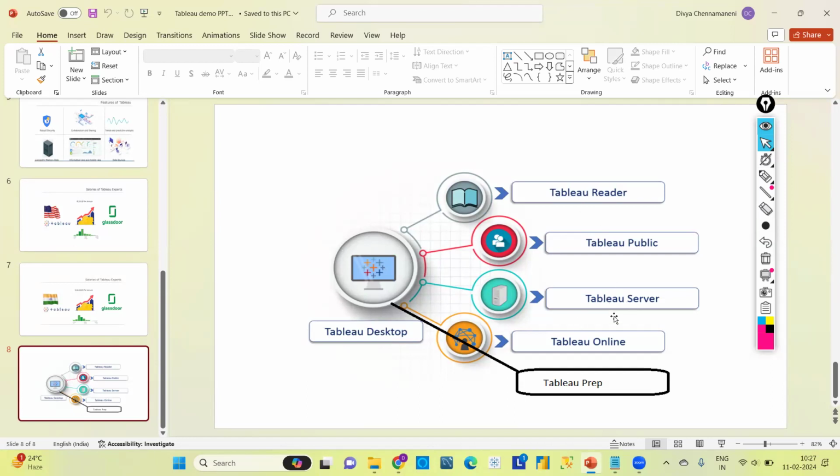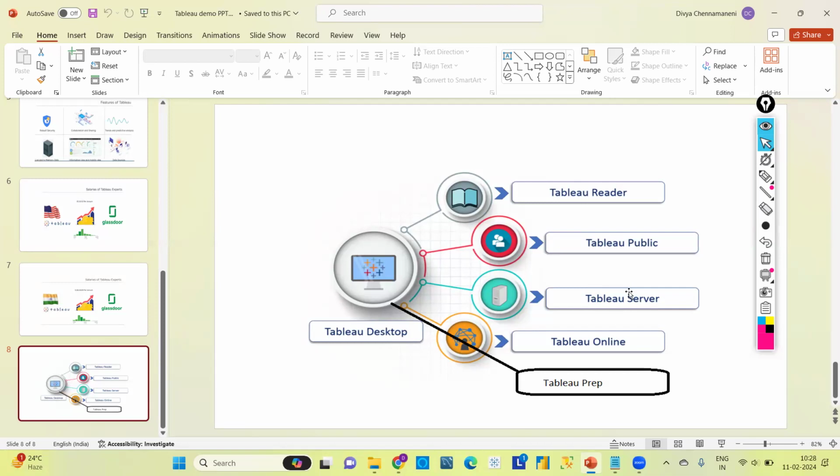Next, Tableau Server. Tableau Server is used for collaboration in various organizations. By using Tableau Server, we can track the usage. Generally, Tableau Server is maintained by Tableau admin professionals. They can change settings and permissions, and even track the usage.